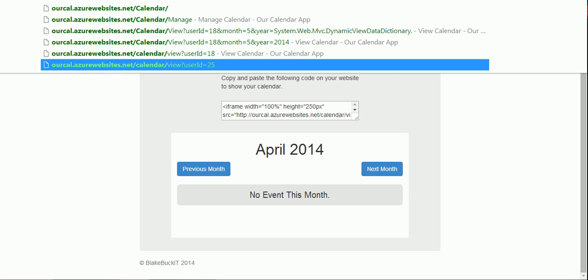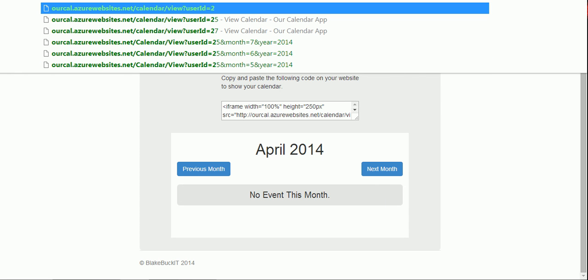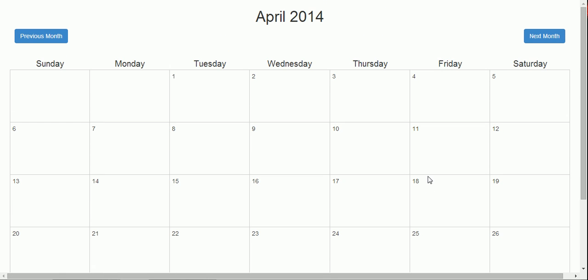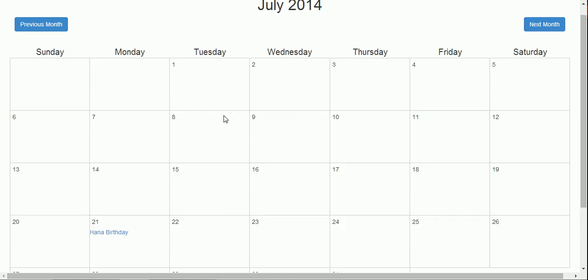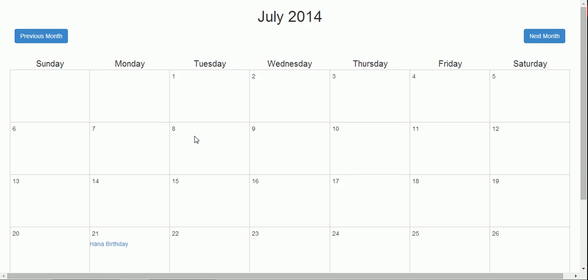Let's see, I think we're... So here's the calendar full view. If we go through, and I think I've got the wrong user ID in there. I'm sorry, I should have copied the user ID from the embed code, but I didn't. Okay, so here's our calendar. It's in the embed code. Usually the URL has the user ID. So I put in the proper user ID in the URL, and now I can see the calendar,